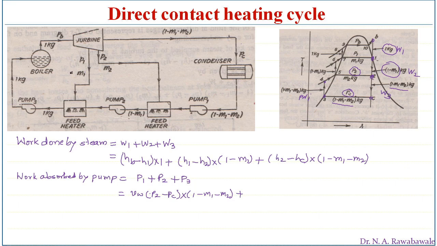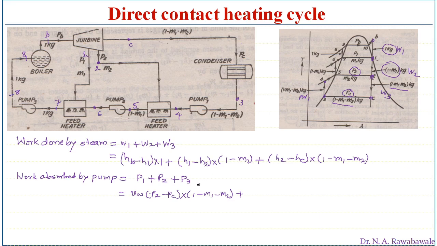So we can write here, say for example, point B, then we call this as point 1, then we call this as point 2, then we call this point as C. Here we call this as point 3, we call this as point 4, then we call this as point 5, then this point as 6, then this point as 7, and this point as 8.